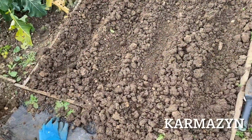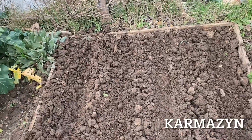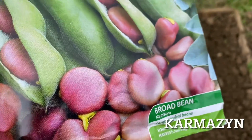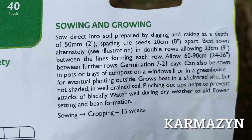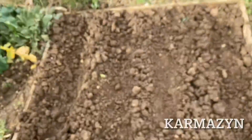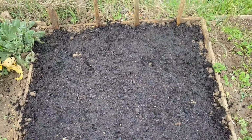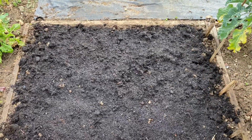Now I'm going to repeat the same on the second plot, this time with the red bean. Again, I'll put up the variety name on the screen. It's the same instruction, 2 inches deep, a foot or more apart between the seeds, and 10 centimeter rows apart. So here are the 2 plots, all done with compost on the top, and I've marked the rows with